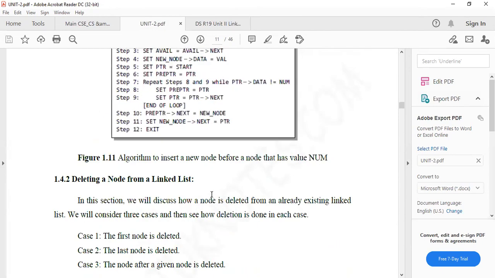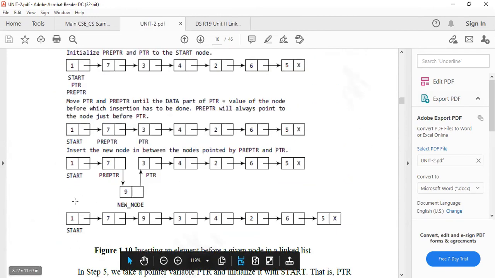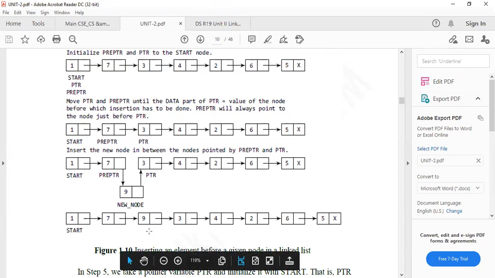That means in the previous example, you may delete node 1, that is the starting node, or you may delete the last node, node 5. Otherwise, in the third case, you may delete the node after 1. In that case, what node will be deleted? 7 will be deleted. If we want to delete the node after 7, what will be deleted? 9 will be deleted.